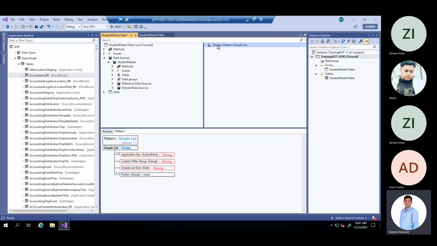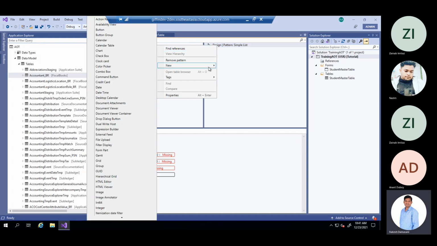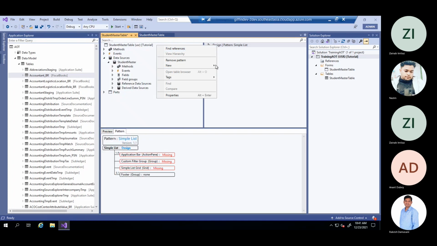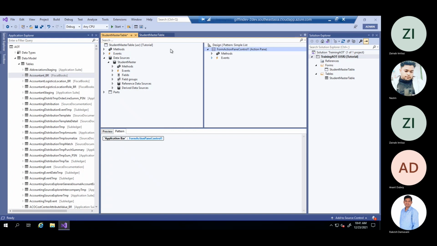So again, right click on the design and in new, action pane.